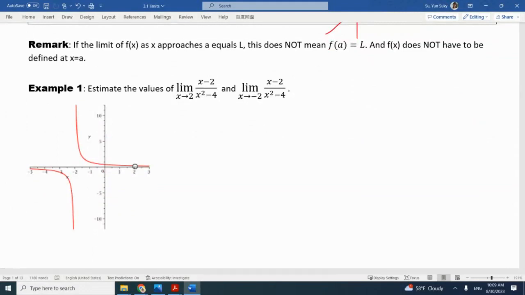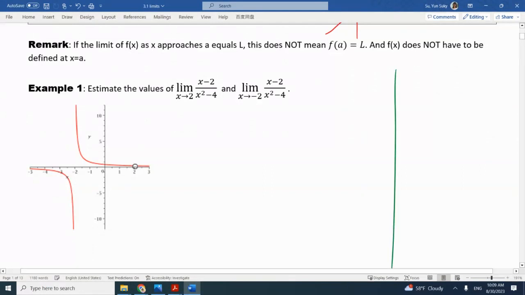Evaluate the limit. X goes to 2, and the function we have is x minus 2 over x squared minus 4. And this is the same function, so we let x go to minus 2. So how do we compute limits? Let me write down the steps. I hope that every time we see a new type of problem, I write down the steps. When you see a different example of the same type, you can follow the steps and work on that problem.